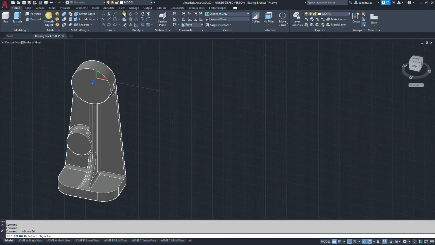Okay, so we're going to use that command, and it's asking for what object you want to mirror, and make sure you've got everything as one object at this point. Okay, so we have one item to select. Okay, and then you get a bunch of options: object, last, z-axis, view, xy, yz, zx, and 3 points. The simplest one I think is actually 3 points, which it defaults to, but because I plan to do this up front, I am going to use the XY plane. So you type in XY,